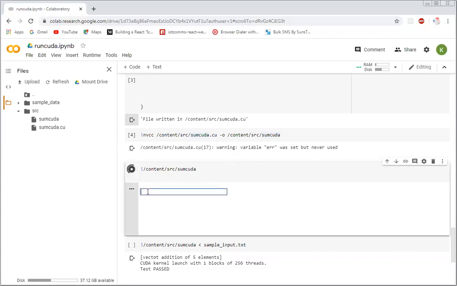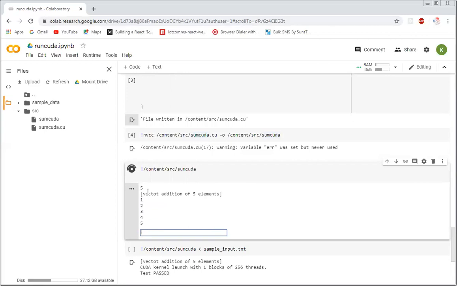It is asking me how many variables. Let me say 5. Now it is asking for the 5 elements. I am saying 1, 2, 3, 4, 5. Now the next 5 values. Oh no, it was taking 1, 2 together.